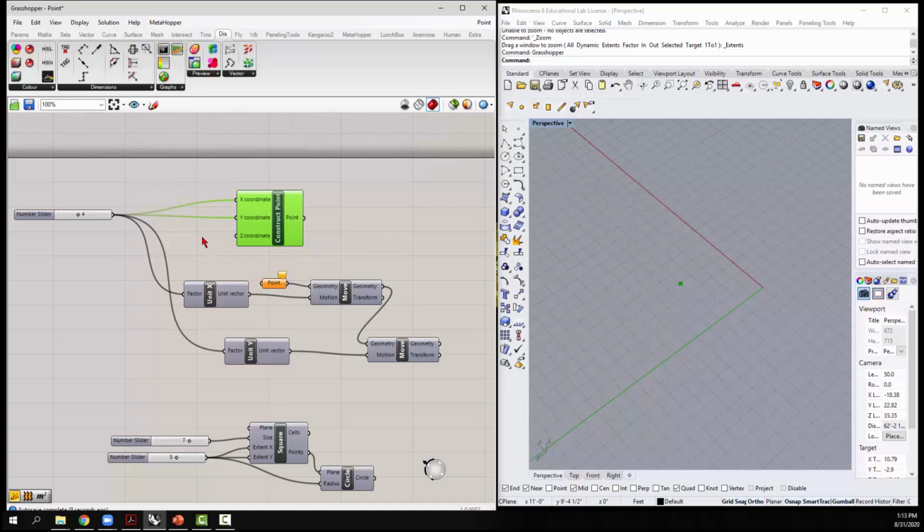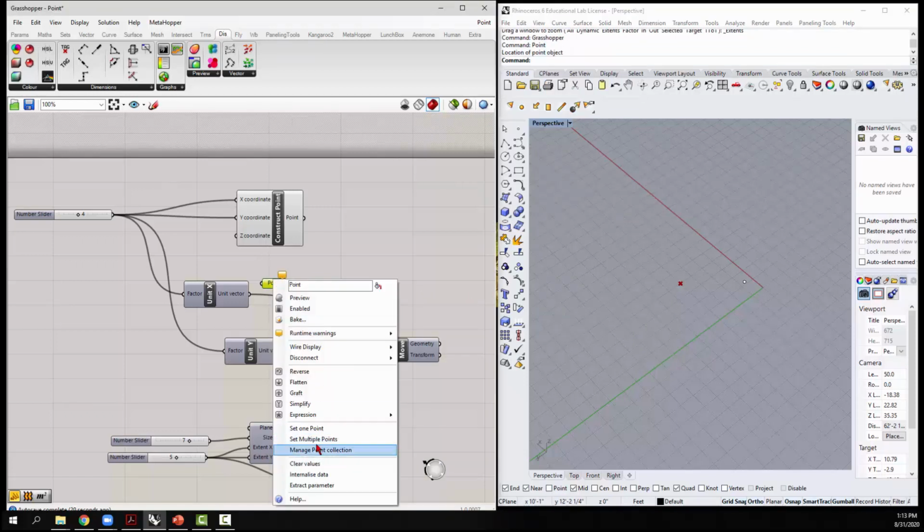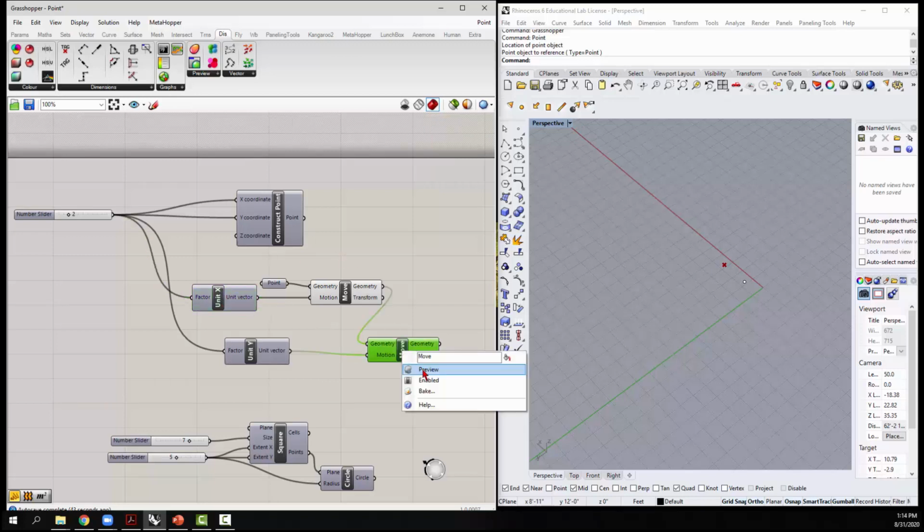And then if you go in and start to move a point around, if I come over into Rhino and I put a point in here, and then I take this and set one point, let's go ahead and turn this off. And then let's preview this move. You can start to see that point move from its original direction in the unit factor z. So we're actually moving it in the unit factor z. We can also move it in the unit factor y,